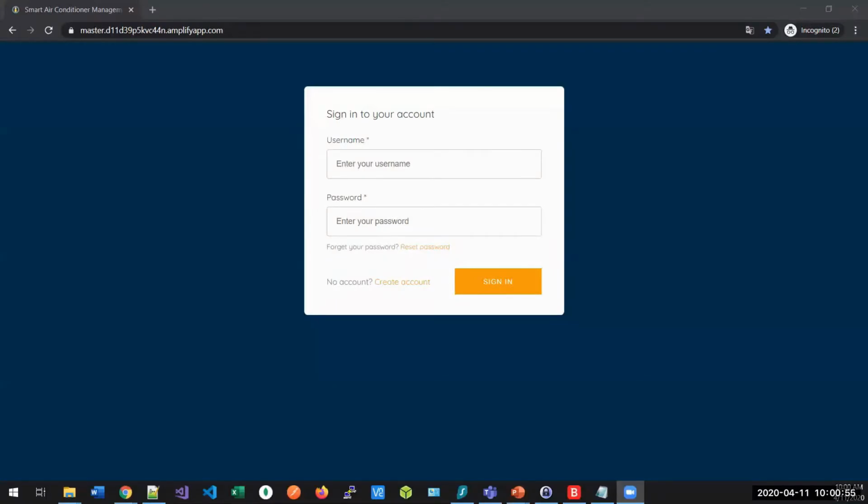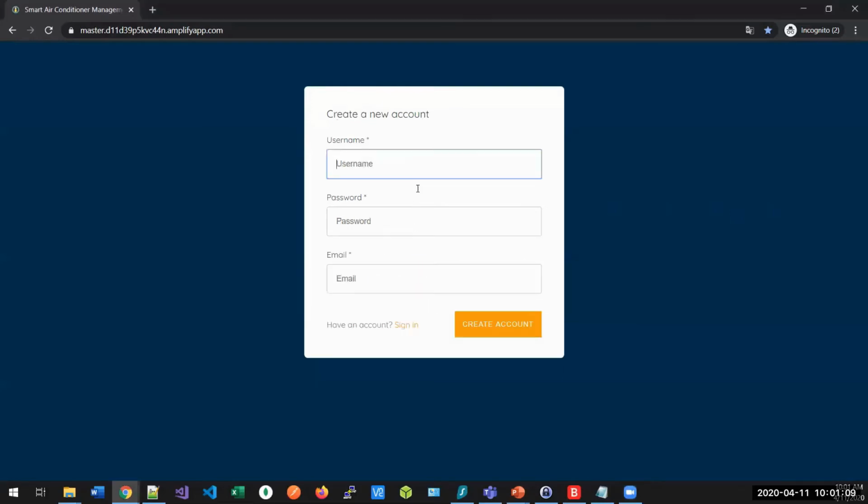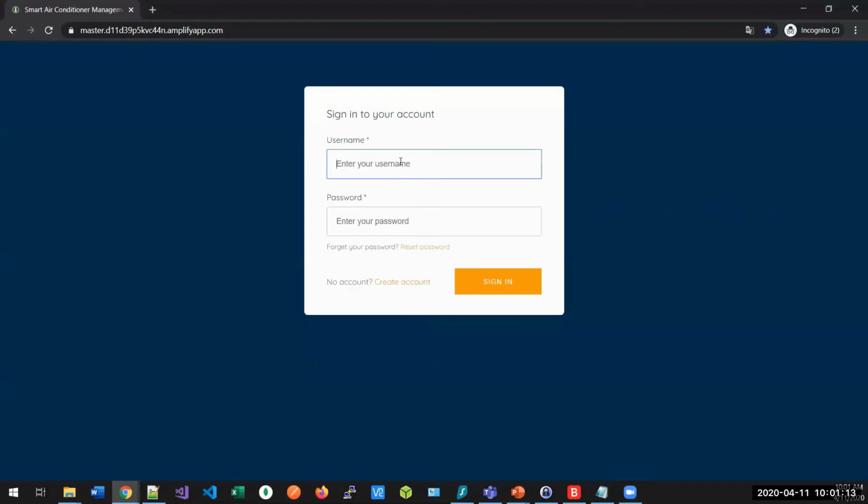So this is the login page of our application. We're going to demonstrate the UI, device and gateway registration, and I'll guide you through. So the first one is the login screen. As usual, to create a new account, the user can create an account and then fill in all the details here. So I will skip the user registration and log into the system.